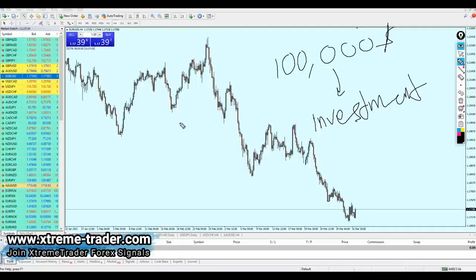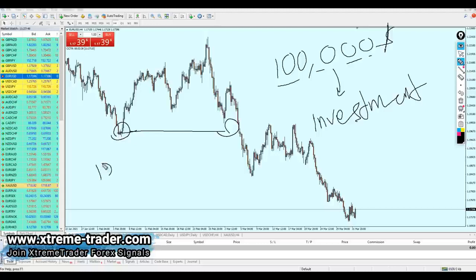So when you are on the Euro USD and you are seeing a valid setup where you want to buy the market, you have to think how much you are going to invest in this trade. Each and every single trade you're opening, my friend, is a separate investment. For example, I have a $100,000 account. How much do I plan to invest in this trade?